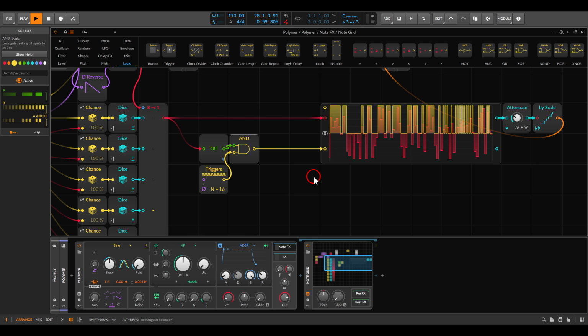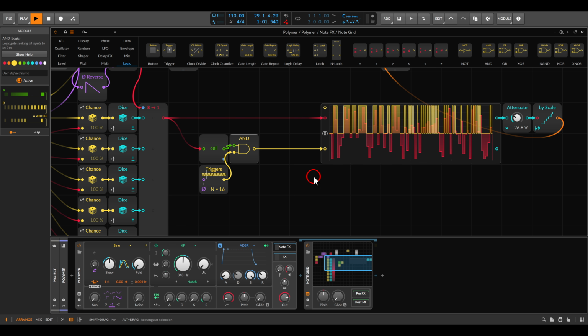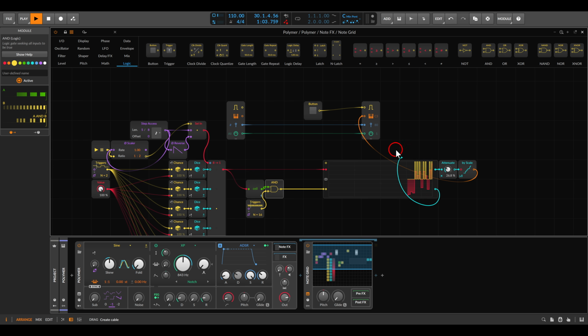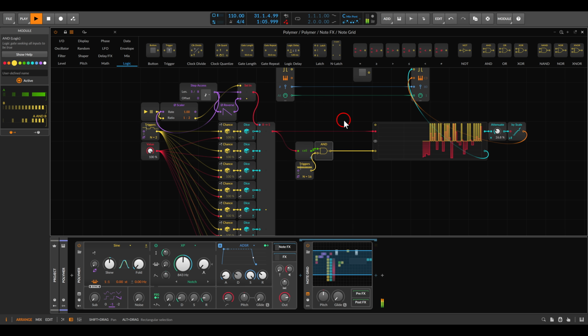You see now we converted them into triggers, and this we will use to gate or to trigger our voice. Right, so now we get pitch and rhythm. If I lock this,